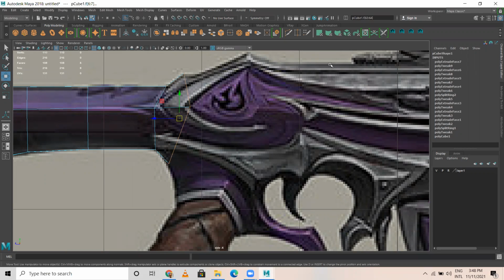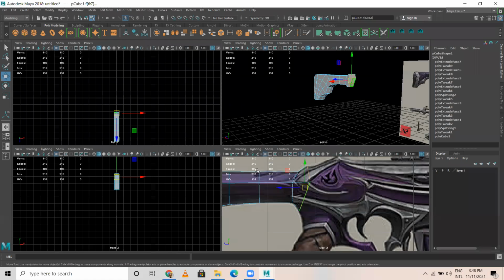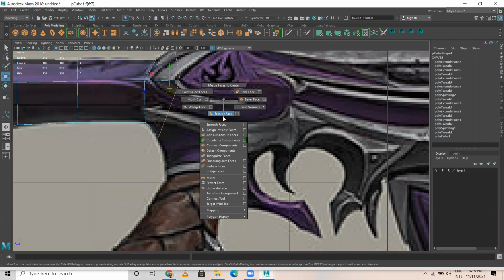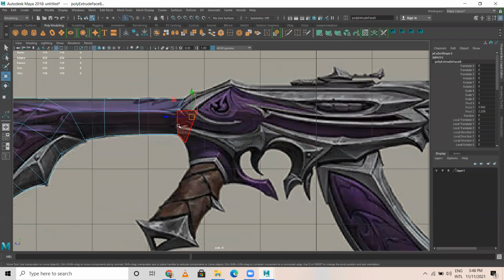So I'm selecting this four face again. Okay, now let me extrude this four face only. It's like this. It's something like this now. So I'm just doing it in low poly. Okay, one more time you extrude, it's up to here